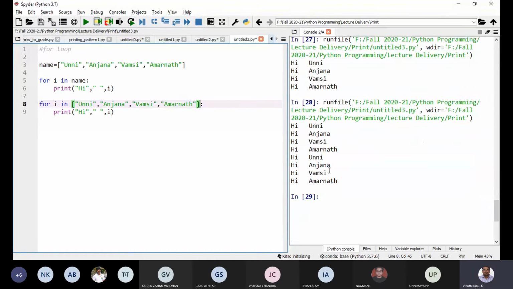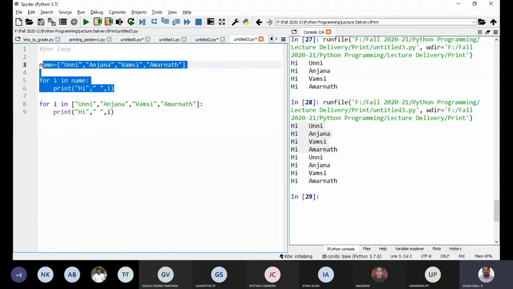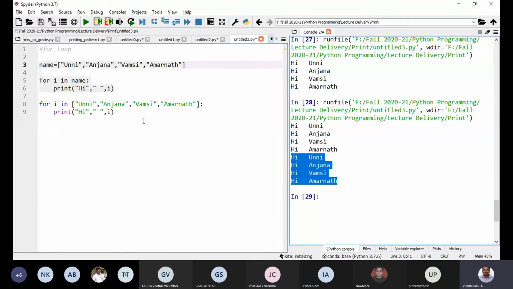You can see it is giving the same output. So the first one is from this, and the second one, line number 8 and 9.